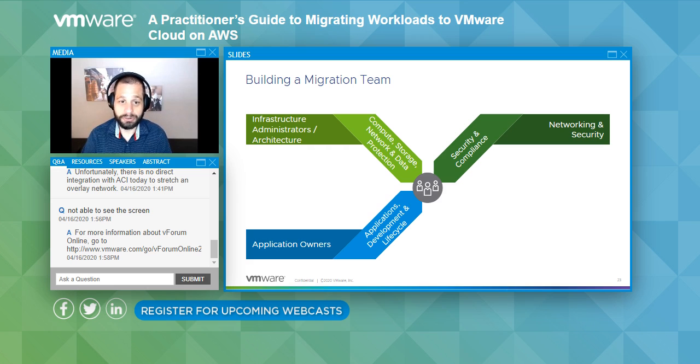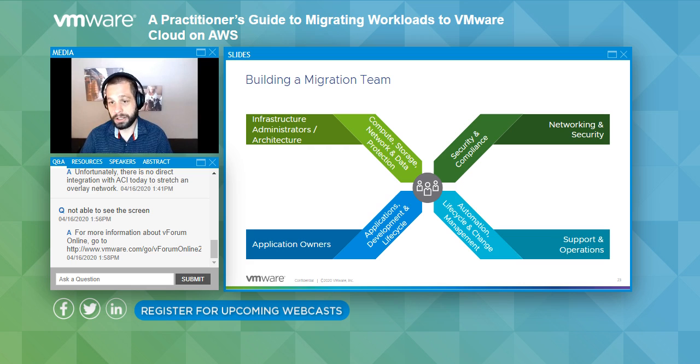So when talking to application owners, understand the lifecycle and development, as well as the entire support of that application, and the business that's reliant on that application itself. The business is not clearly represented by a word, but you can focus that in on the center icon. And of course, the last one